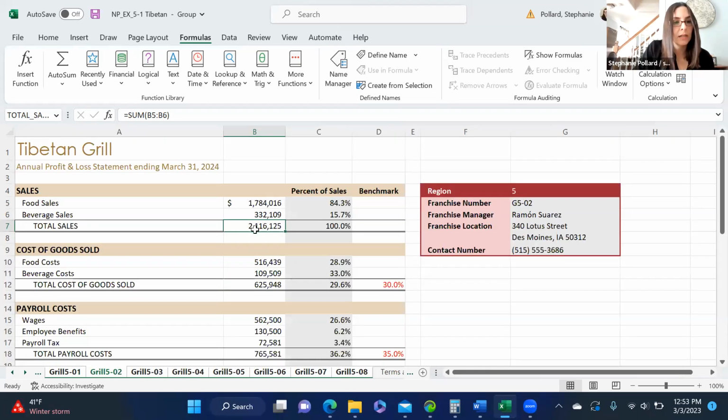On the other sheets, you're seeing the same thing, because they were grouped. Notice that B7 here is also named total sales. On the third sheet, B7 was also renamed to total sales. So if you have grouped sheets and you want to rename a cell, you can do that throughout the whole workbook, and it will do the same change on each sheet, because they're all